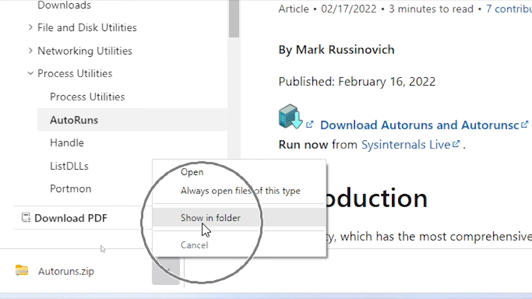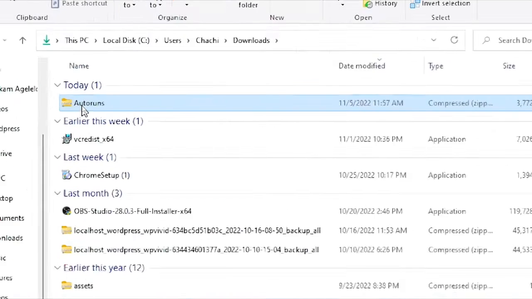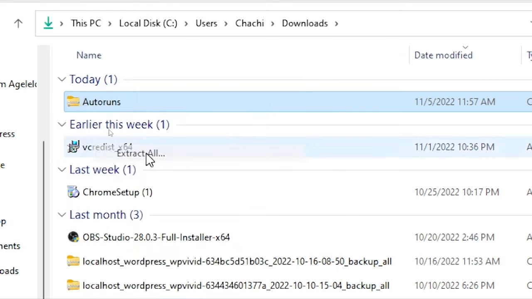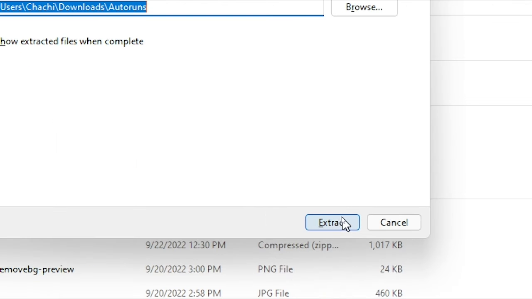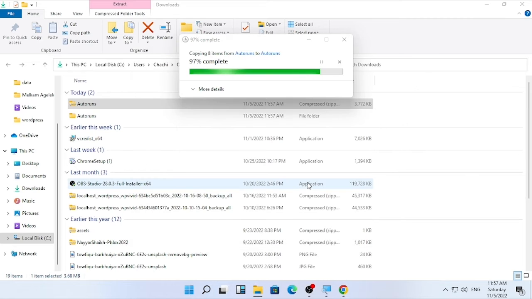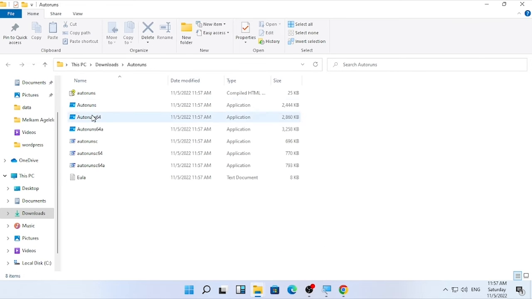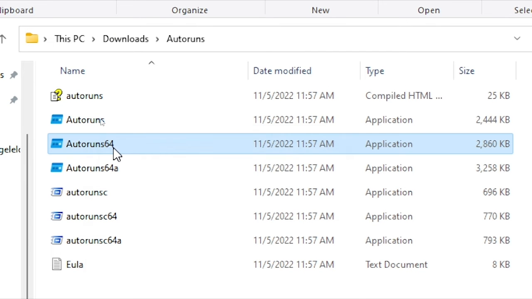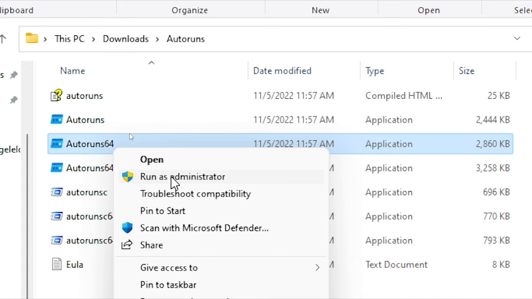Click here and find Show in folder. Here the file appeared. Right click on it and select Extract all, then confirm by selecting Extract. After it's extracted, you will find different options. Make sure you select this one, Autoruns64. Right click on it and select Run as administrator, and confirm by selecting Yes